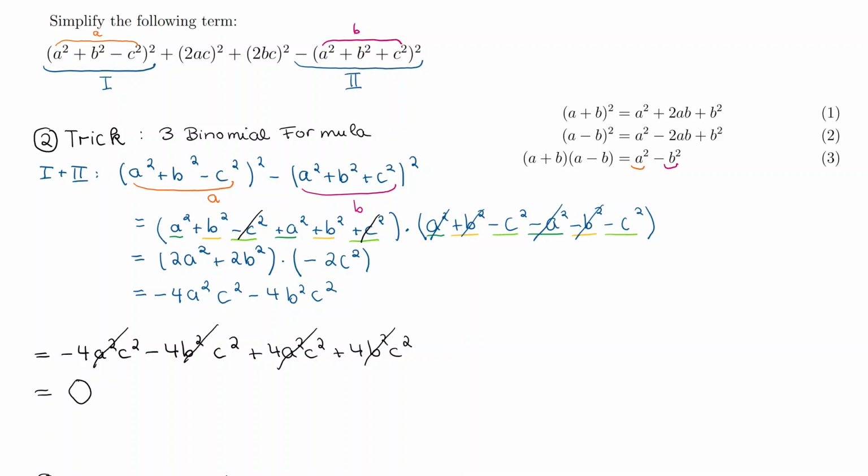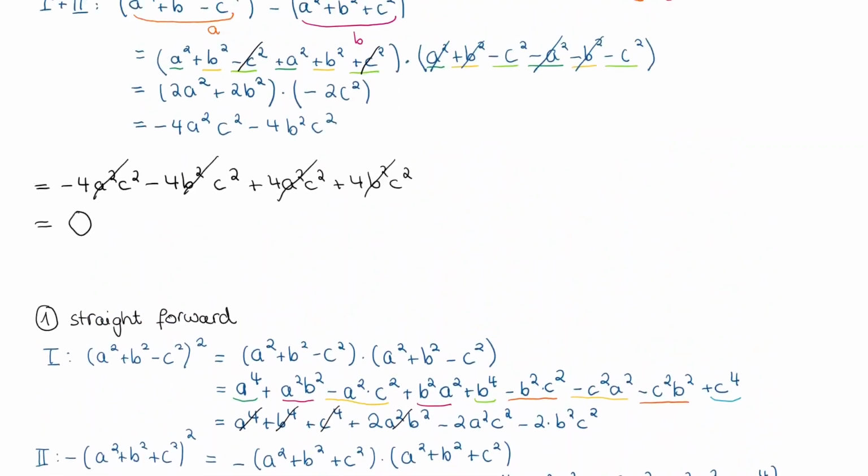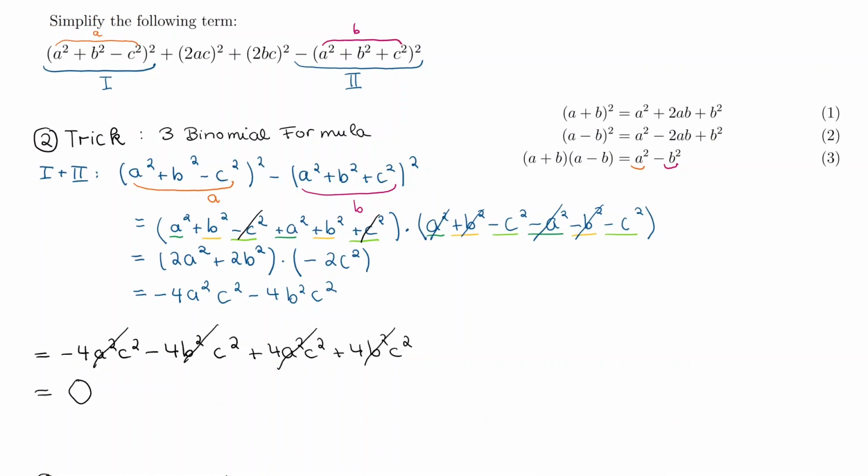Okay, so what I have shown in the video is that sometimes it's worth looking at the terms and trying to find a pattern from the binomial formulas and then use them in order to solve exercises quicker, and also you probably will make fewer mistakes. So we have seen two different ways. The first way was a straightforward way where we just eliminated our brackets with the rules we know, everybody with everybody, and then resorting. And the second way, which is faster, but you also have to look carefully at the exercise before you start